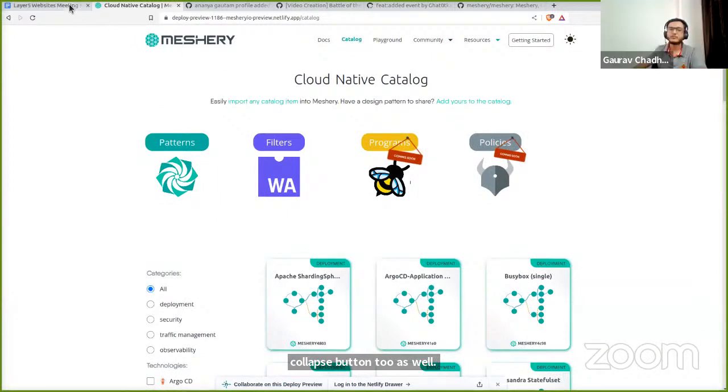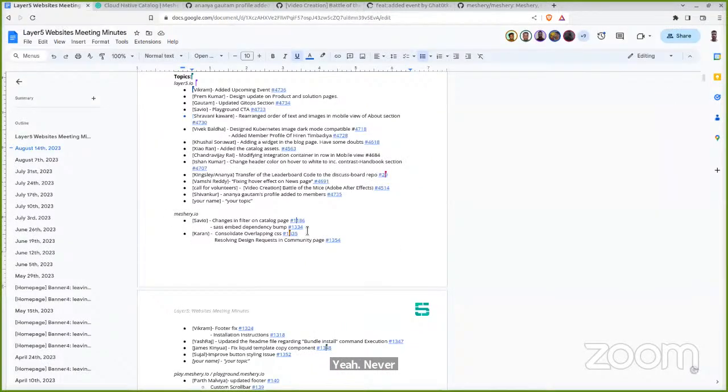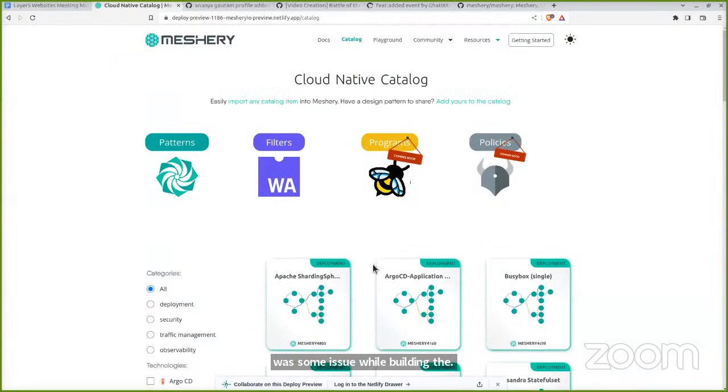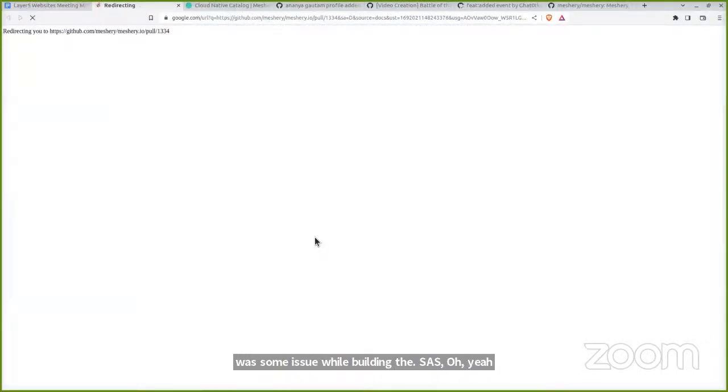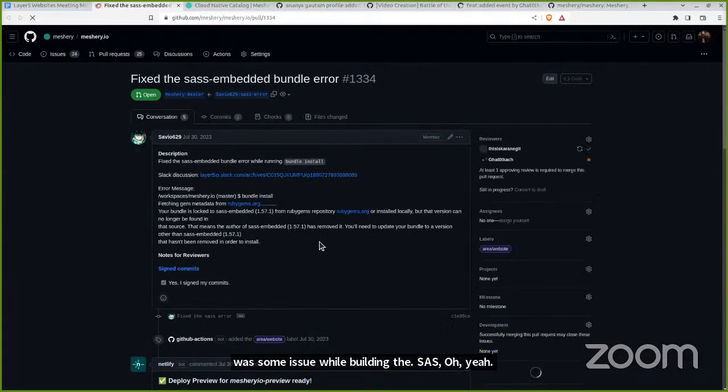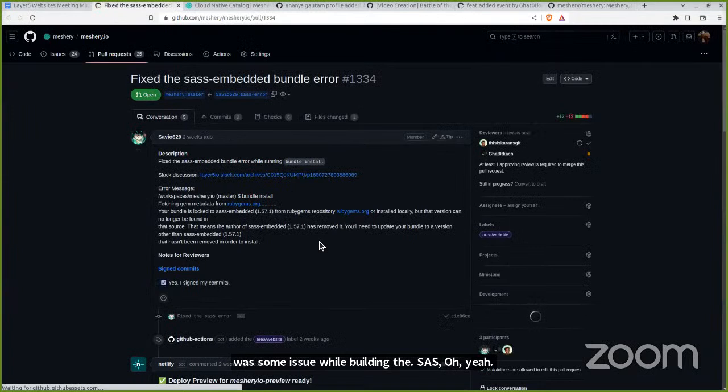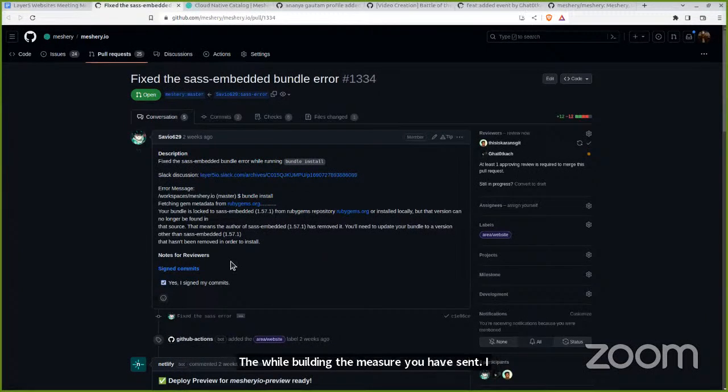Okay. Anything else from you, Savio? There was some issue while building the second SAS embed dependency bomb or the document file. So while building the machinery website, there was some, I guess, dependency issue. So I had pushed.